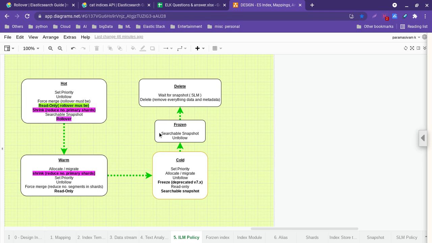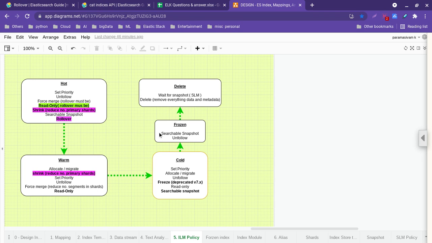So I can say number of days, or I can say the total size of all primary shards. Let's say if the index reaches 50 GB, the sum of all primary shards, then I can do rollover. That is size based. Then count based, of course: the particular index has 1000 or 10,000 documents.